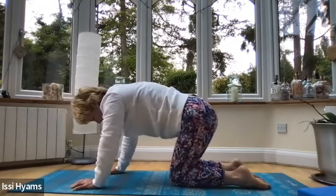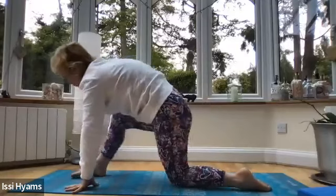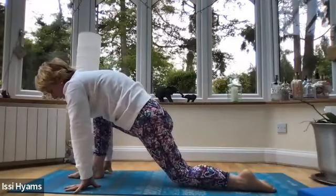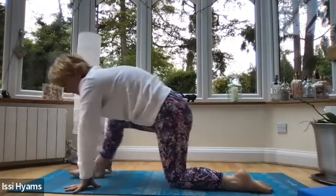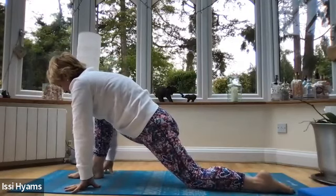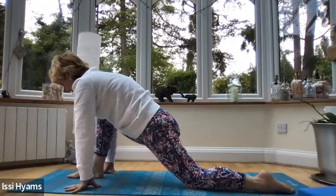We're going to come into low lunge. So rock back and bring your right foot forward between the two hands and come into low lunge. Your version doesn't need to be full and extended if you don't want it to be this morning. You can have your knee under your hip. So in this position, with your right foot forward and looking down at your right foot, press gently into your